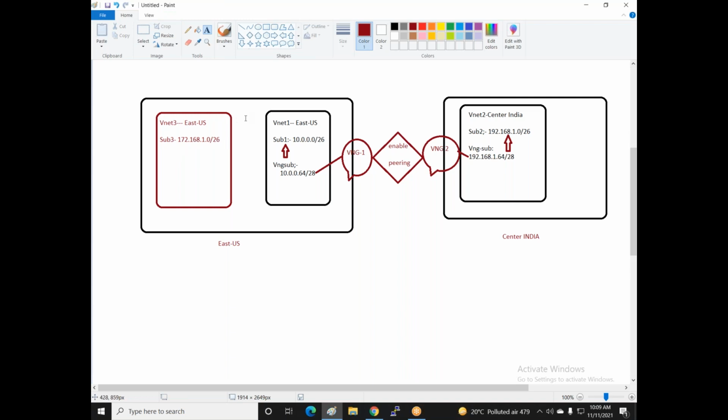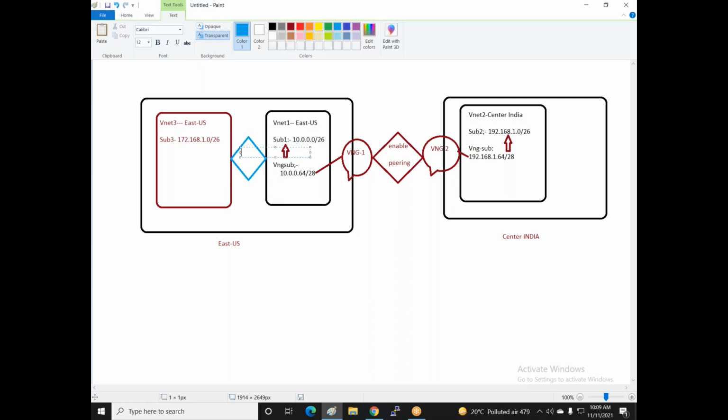By default, these two different VNets within a region do not communicate with each other. So when you provide communication between two different VNets in the same region, you don't require any kind of gateway. You can enable the pairing directly. Got my point?